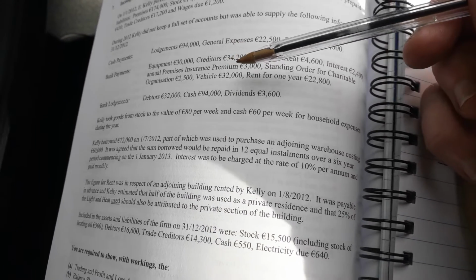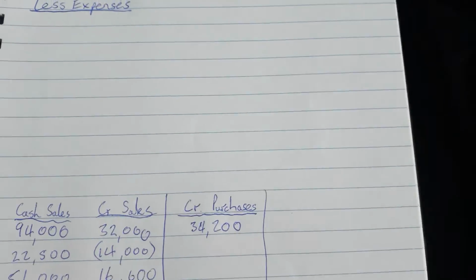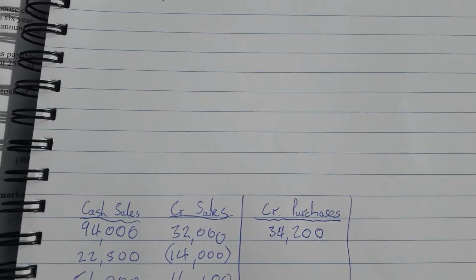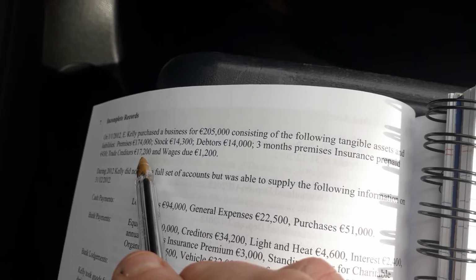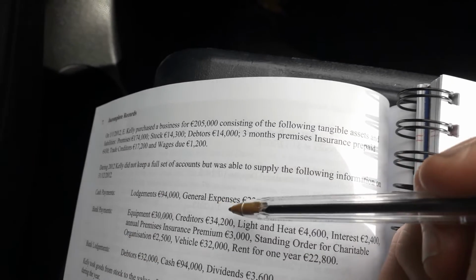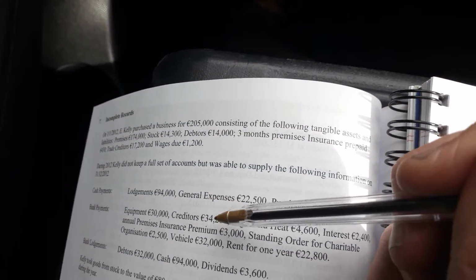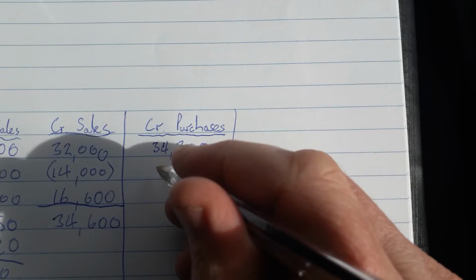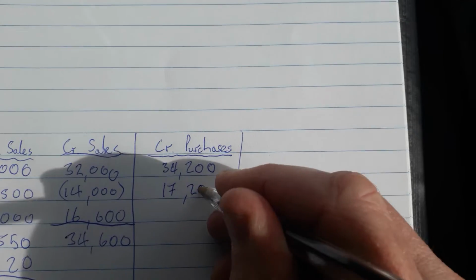So again, I like to start with the bank figure, this 34,200. And that's the money that we paid our creditors for credit purchases that we had done during the year. However, we have this creditors figure at the start of the year, 17,200, meaning that at the start of the year we owed our creditors 17,200. Now we have to assume that during the year we paid off that 17,200, and that's included in this money that we paid creditors out of the bank account during the year. So we're going to subtract that from the total because we don't include any purchases that were made last year. So 17,200 we're going to subtract,